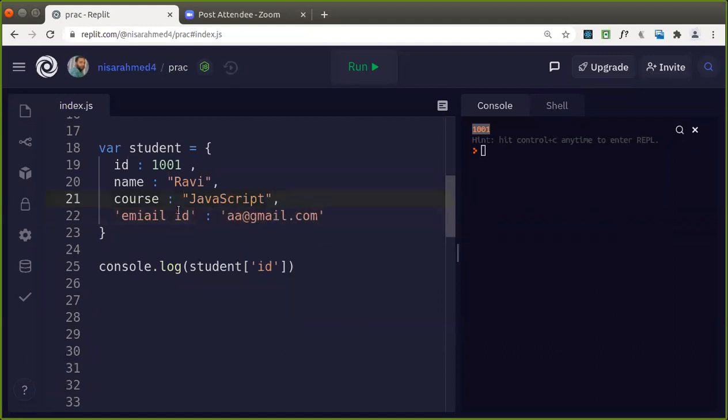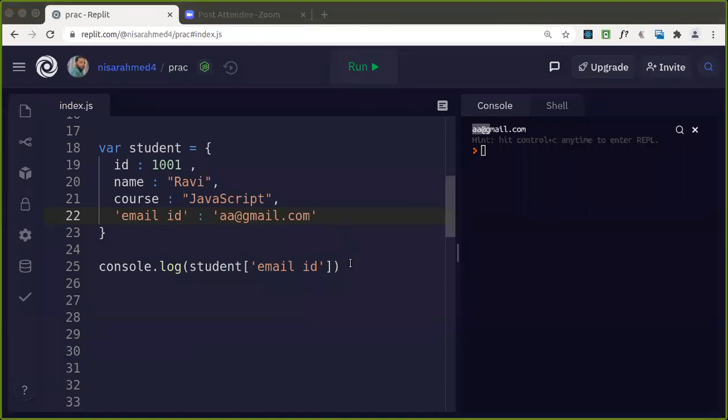So what will happen here: if you have a space in a key and you use dot notation, it will be invalid. So in that case, you can use the square bracket notation, like you can see here, email space ID. The key is this one. This is one way you can use it. Yeah, that was invalid, isn't it? It does not give it. Yeah, now it is correct. Email ID, the spelling was wrong there. This is how you can access the